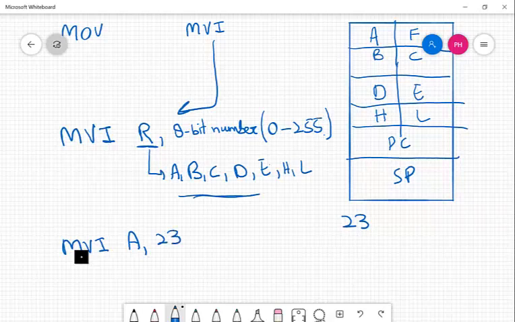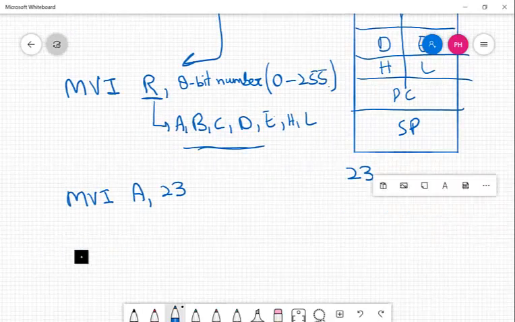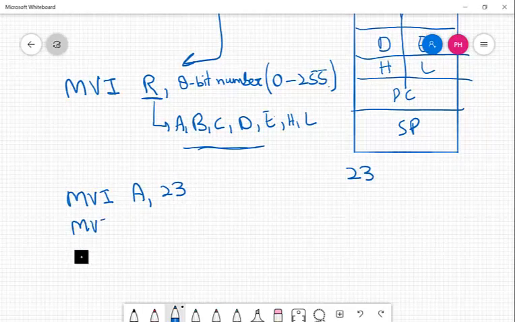Or if I want to save some other data in register B, I can simply write move immediate B, maybe 12. Okay, fine. This number here is in decimal, but